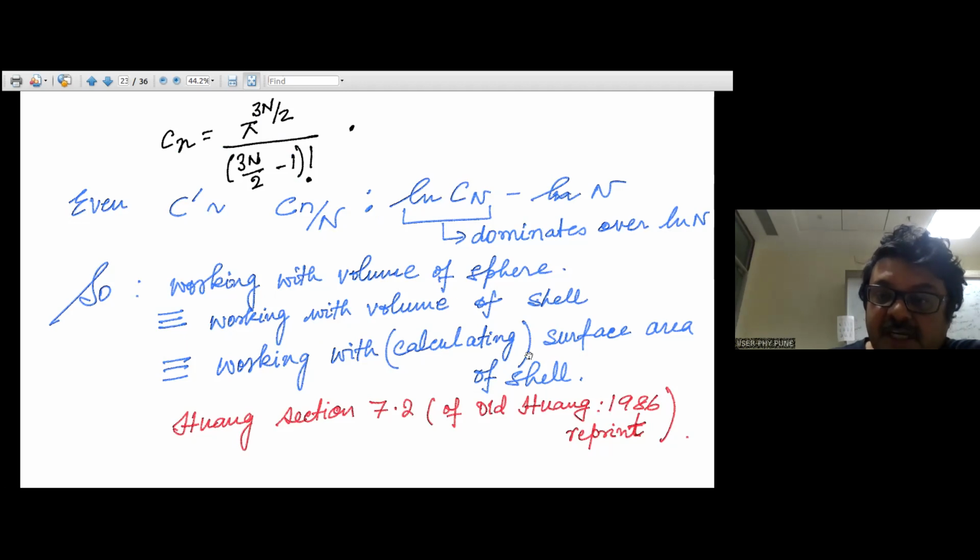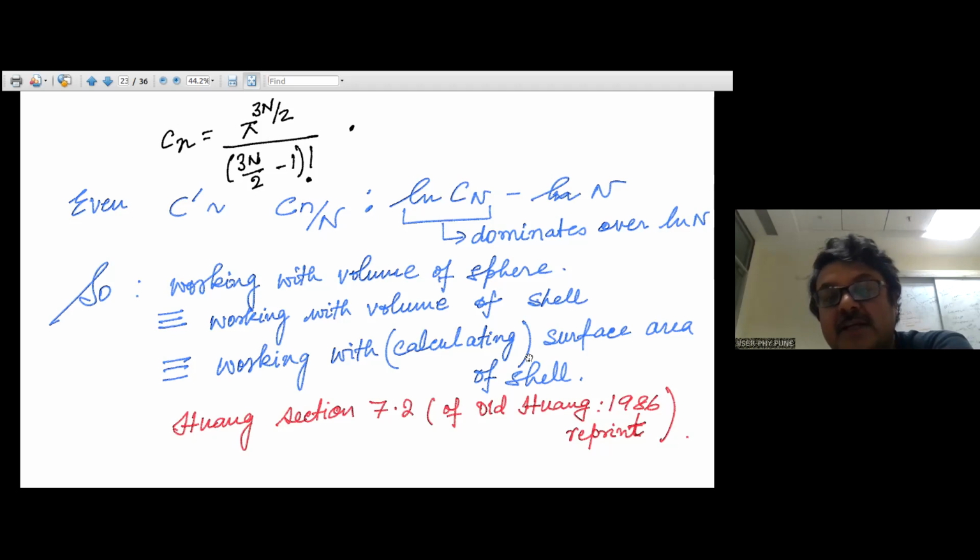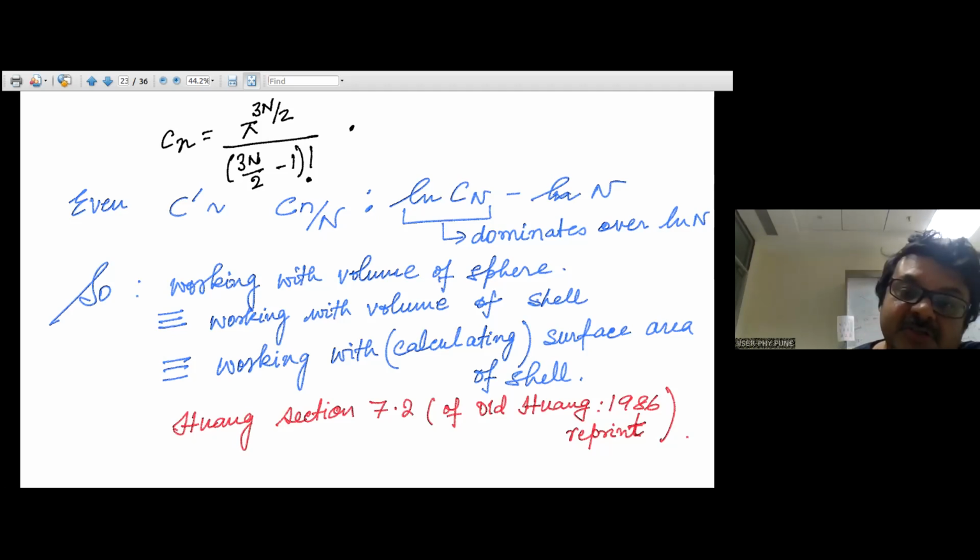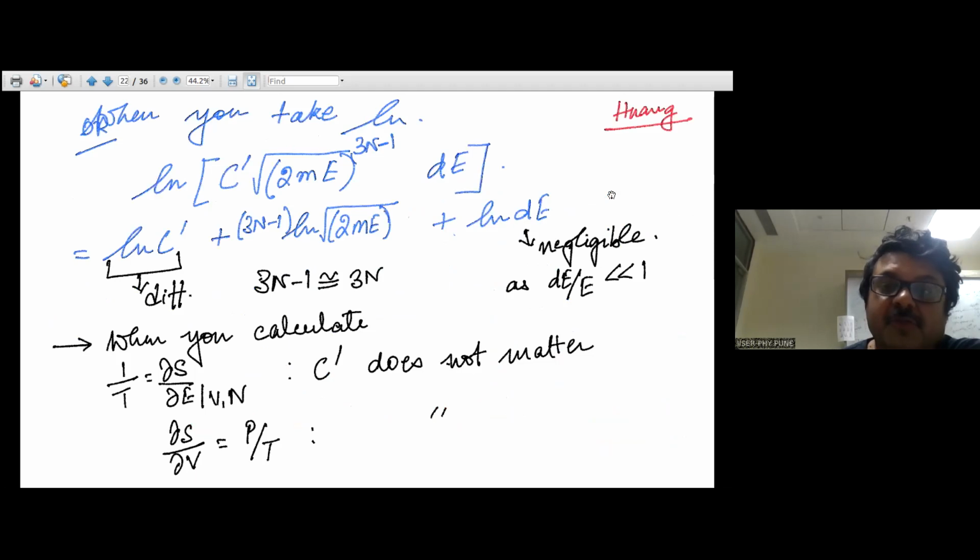This is volume of shell and this is surface area, because these are things which are appearing in the exponent, and then you are taking a log and n is extremely large, is working with any of these is practically equivalent with respect to calculating the entropy, because the corrections, whatever will be there, will be order of log n, right? Either order of log n,